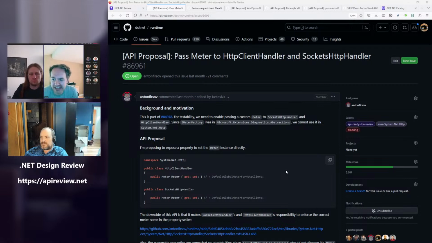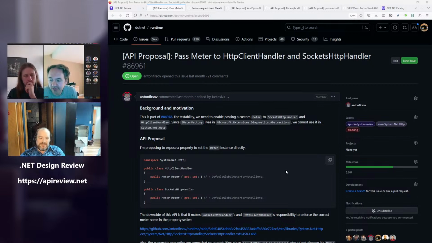If your library is aware of DI and you would like to produce metrics that can be correlated with a particular container, or produce different sets of metrics isolated by container, then the guidance is going to say, take an IMeterFactory as your constructor parameter and call CreateMeter from that.